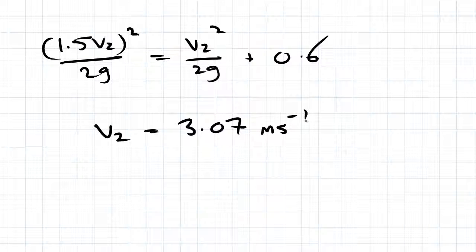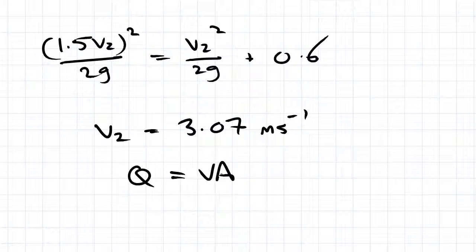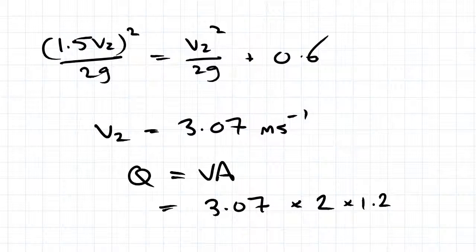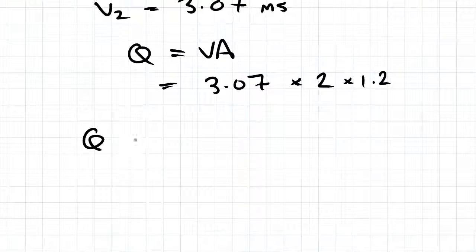Since the question asks for the flow rate, we need to put that back into our equation for flow rate, which was Q equals VA. In this case, we're using V2, so that will be 3.07 times our area, which was 2 times 1.2. And we're left with a flow rate of 7.37